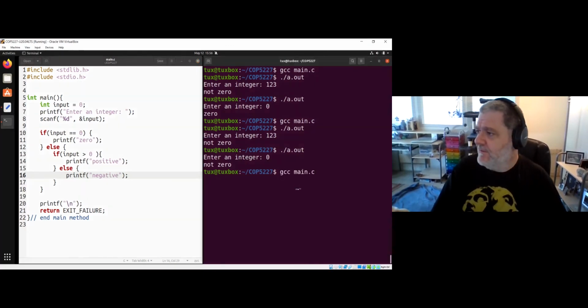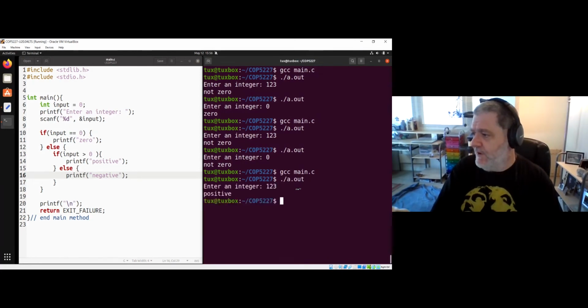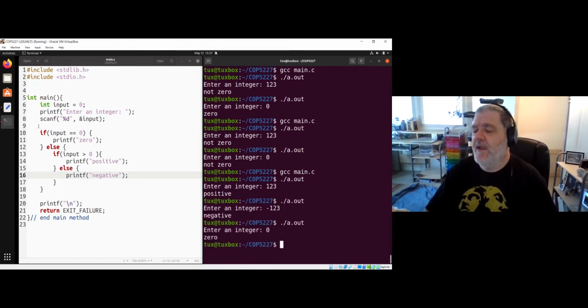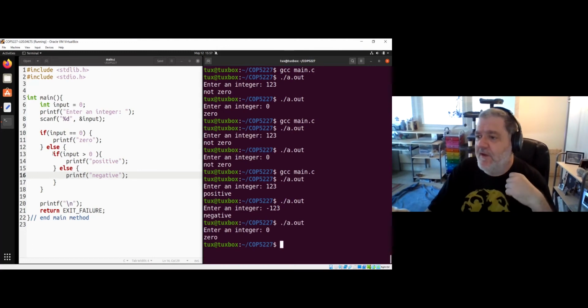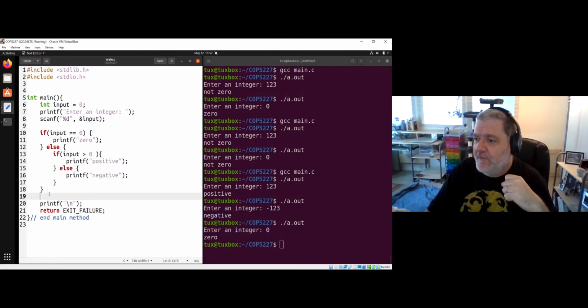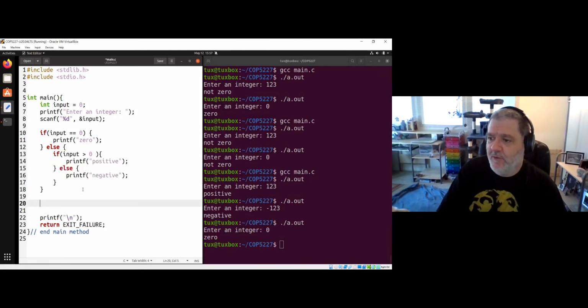And I can compile this and I can run it. And if I enter 1, 2, 3, positive, if I enter minus 1, 2, 3, negative, if I enter 0, 0. Okay? So we can nest the if statement. We can have an if statement come after another if statement. Okay? So for example, here after I decide if the number is positive, negative, or 0, I could say if